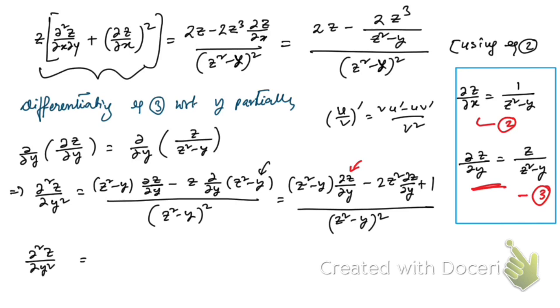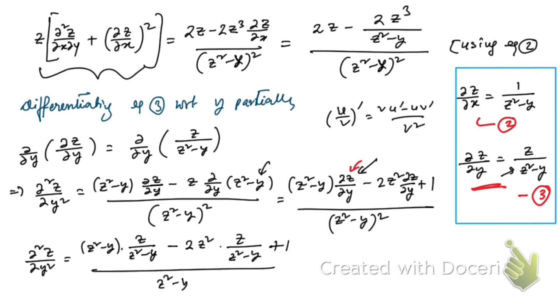Okay, so here what we're gonna have now, so z square minus y into, so this value z into z square minus y minus 2z square, again z del z by del y is replaced by z square minus y plus 1 divided by the denominator square, z square minus y whole square. That's what we have got. So now these two cancel, so as a result we can have